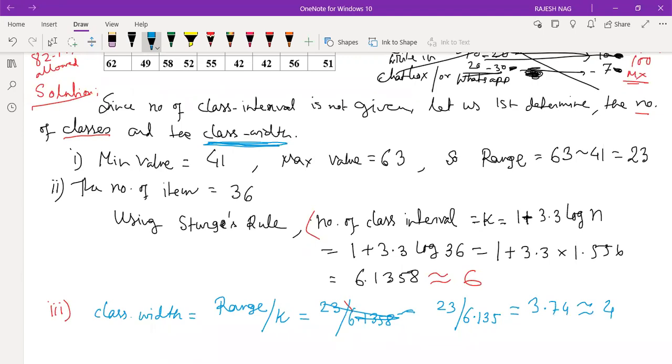Sir, in place of 6.1358, it's coming 6.1348. ও ঠিক আছে, ওটা 48। এটা 5 করে দিলাম রাউন্ডিং করে। রাফলি রাইট, class width ইজ ইকুয়াল টু 4। ঠিক আছে, আপত্তি আছে? সো না স্যার।